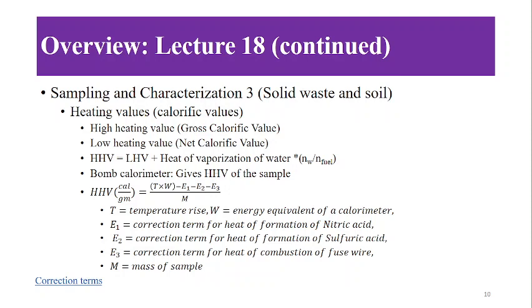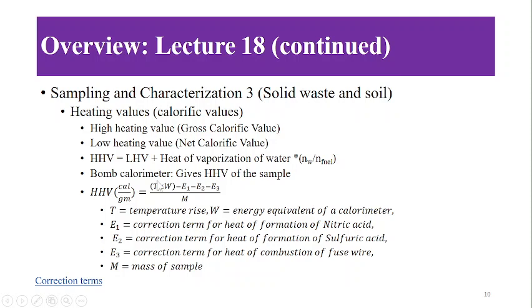Why? Because it is based on the logic that water vapor can condense back into liquid. When water vapor is condensed into liquid, the heat of vaporization will be released. So the high heating value includes that heat of vaporization. And a bomb calorimeter is used to